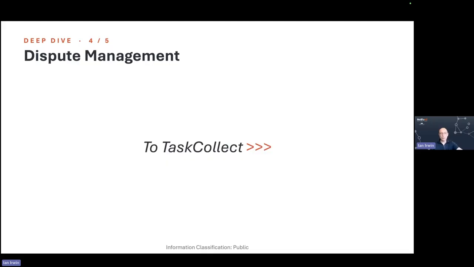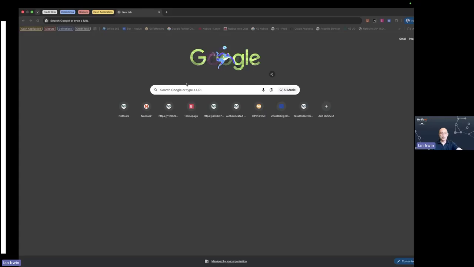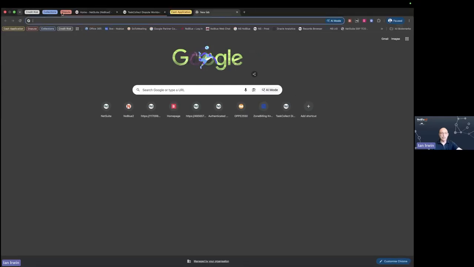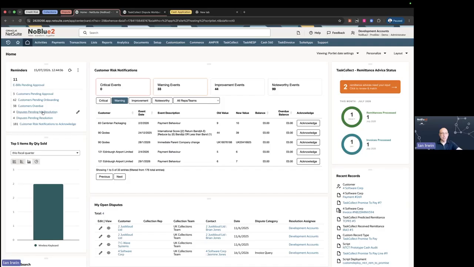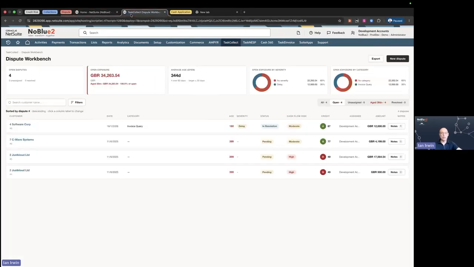We've got a little walkthrough of some of that new functionality. So if we drill in, we'll have a look at what we've always had. So we've obviously always had the ability to analyze disputes from a reminders point of view, from an email alerting point of view, and management point of view. But in our most recent release, we have now introduced a dispute workbench where, as a user, I can clearly see the